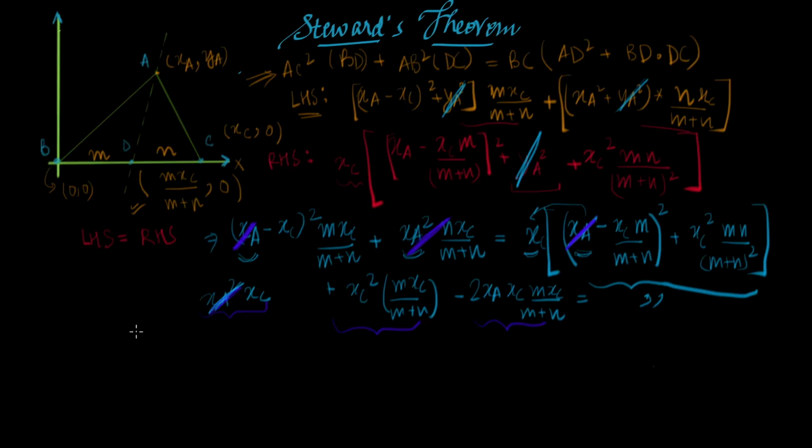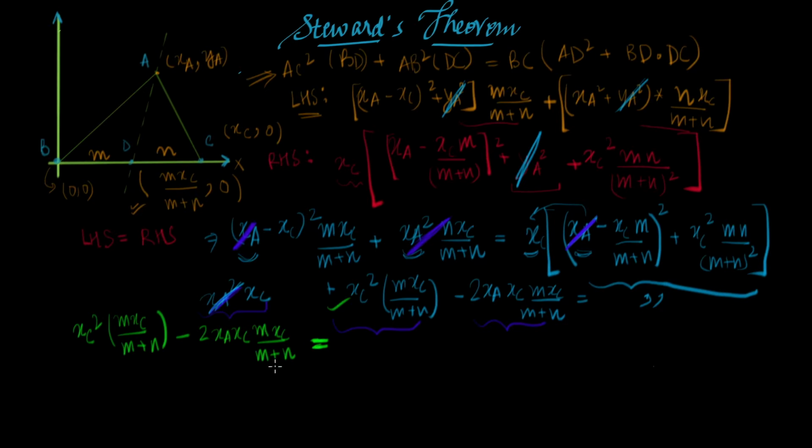Okay, it's getting a bit better now. Well, let us write that down a bit clearly. xc square multiplied by mxc upon m plus n right there, which is this term. Then we subtract 2xa xc times xc again, by m plus n, and that should be equal to,